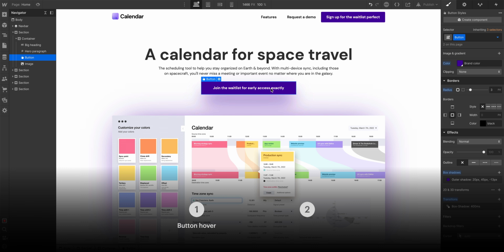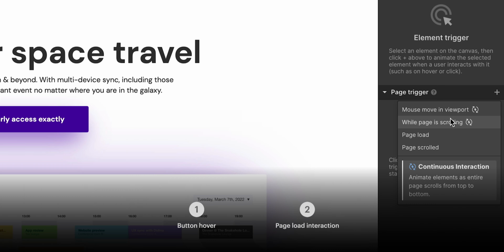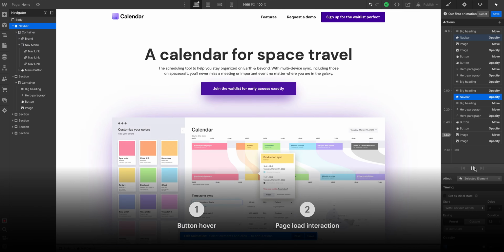Interactions. We'll cover two major things here. We'll cover basic hover animations. We'll actually do this with CSS. And then we'll go into Webflow Interactions to build a page load animation that won't only turn heads, but it'll